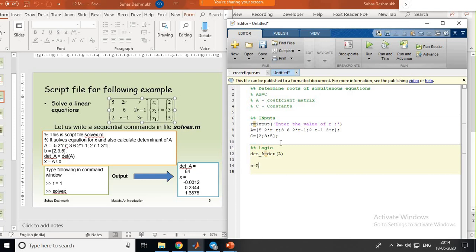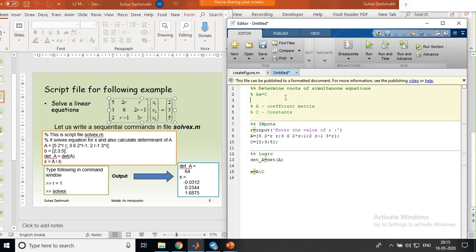So here there is one more command, that is A divided by C. We know it. That is nothing but A divided by C it will do. But there is one more command in MATLAB, that is a backslash. That is an overloaded operator, we can say, here in a matrix. You can't have an A matrix divided by this C matrix. So what is to be done? A matrix means you want to determine this AX is equal to C. Ultimately you want to determine X.